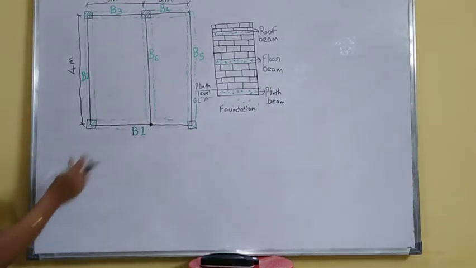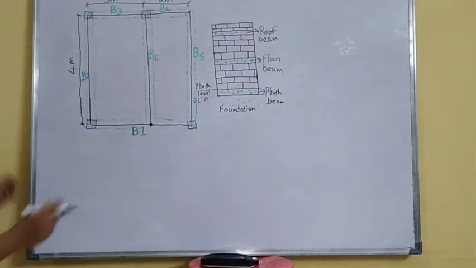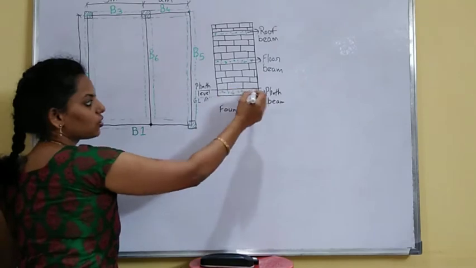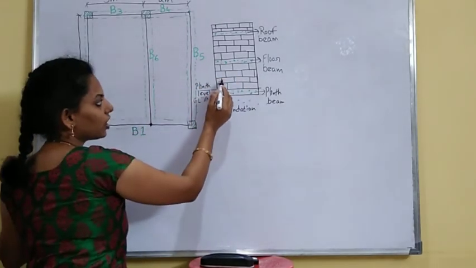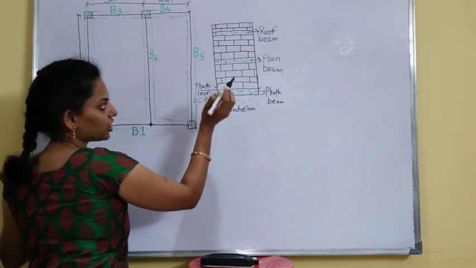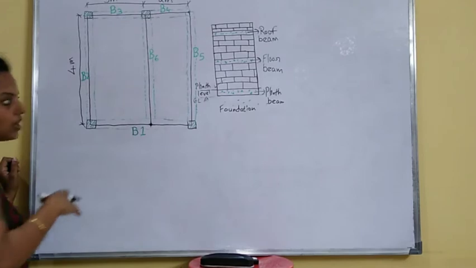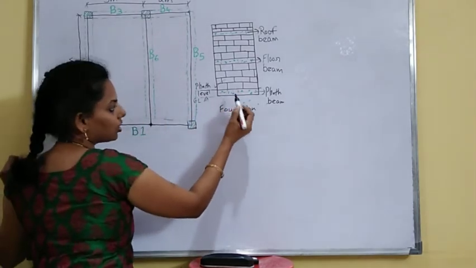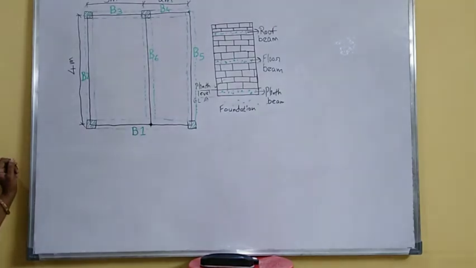First we'll find out the beam load calculation for this beam. So this is a plinth level. There is no slab at this level. So the load will just be the load of this superstructure, and the load of plaster that we will provide inside and outside of the superstructure or brickwork. Then the self weight of the beam. These three you have to consider for the plinth beam load calculation. We will see step by step.